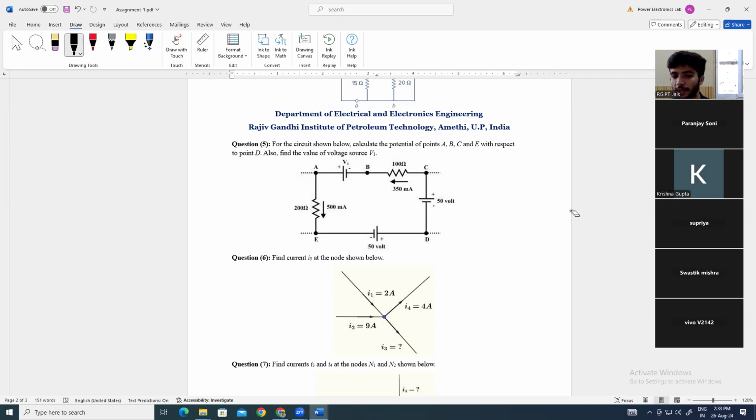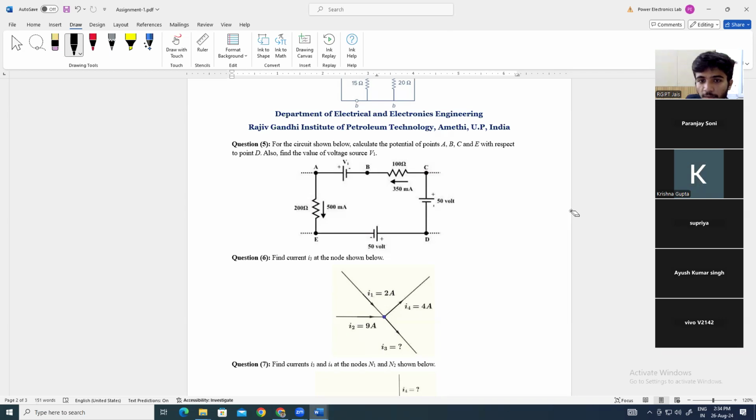तो इसको करंट के टर्म्स में यूज करना हमको दिख रहा है कि उतना viable नहीं है। तो हम लोग क्या करेंगे, वोल्टेज डिफरेंस के टर्म्स में यूज करेंगे। ऐसे वोल्टेज डिफरेंस की एक इक्वेशन हम अच्छे से लिख लेंगे, जैसे C और D में 50 वोल्ट्स का डिफरेंस है, D और E में 50 वोल्ट्स का डिफरेंस है, और E और A में कितना, 500 इंटू 200 ओम्स का डिफरेंस है, और B और C में 350 मिली एम्पेयर इंटू 100 ओम्स का डिफरेंस है, और A और B में कितना, V1 का डिफरेंस है। अब हम लोग को V1 निकालना है, तो बहुत सिंपली सबका आ जाएगा। V1 कैसे आएगा कि नेट वोल्टेज डिफरेंस इस लूप में कितना होना चाहिए, कितना होना चाहिए गाइस? 0। परफेक्ट।